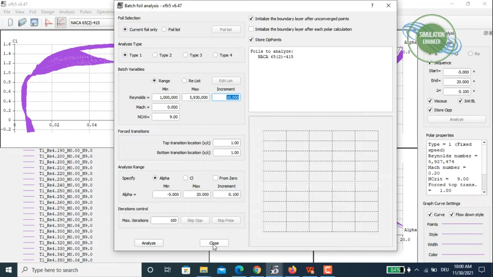XFLR5 might complain that it's not been able to interpolate the results. This means that you might have some local Reynolds number missing. So you come back here and either do again a batch analysis around that mentioned Reynolds number, so you add some smaller increments to get a much finer flight envelope, and then go back, and hopefully the problem